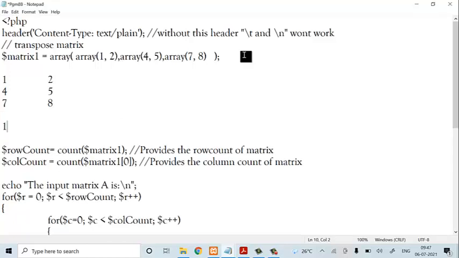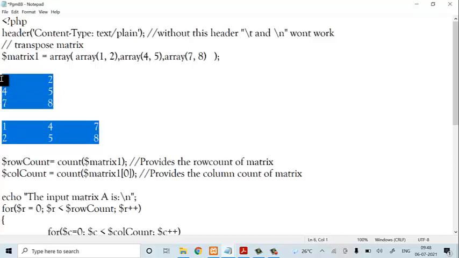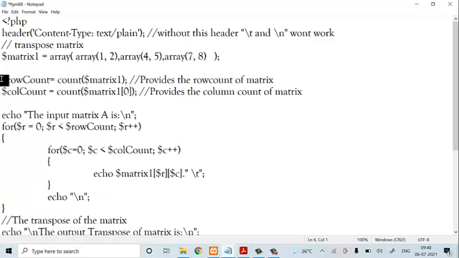So now 1, 4, 7, 2, 5, 8 should be your output. This has to be your output and this has to be your input. This is how we have given the input. Now your output should be in this format. This is what we are going to call a transpose matrix.